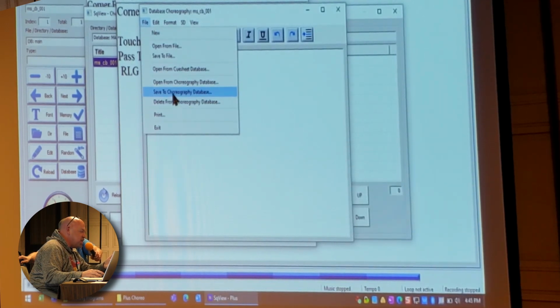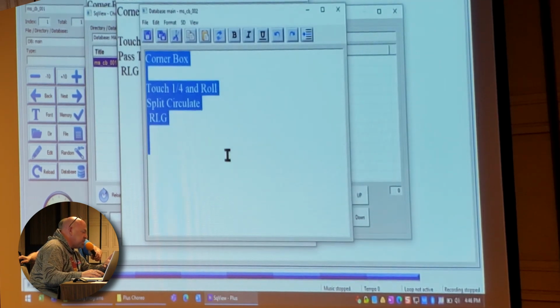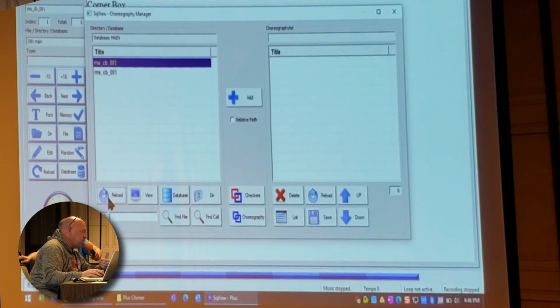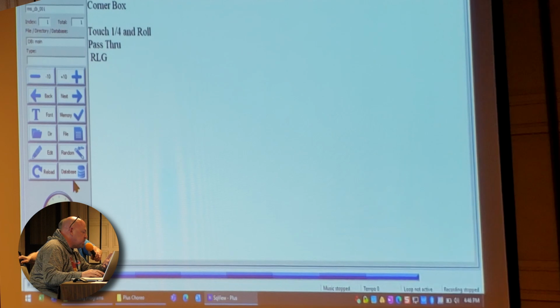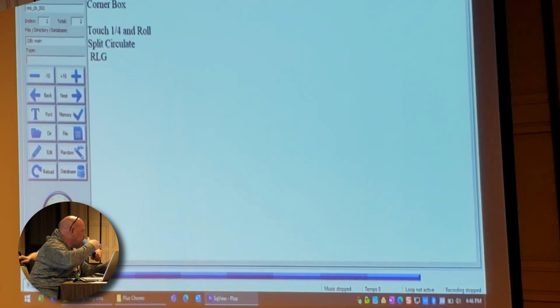So from here, you would go and save it to the database, and you would change it from a 1 to a 2, or whatever your next number is, or if you want to overwrite one that already exists. At that point, you've saved it, you come back out here, you reload, you've now got 2 of them, and they'll sort based on title. You come back out to this particular spot, and you reload it, and you notice your numbers 1 and 2 have changed. So again, S is going to move you up 1 number, A will move you back 1 number,